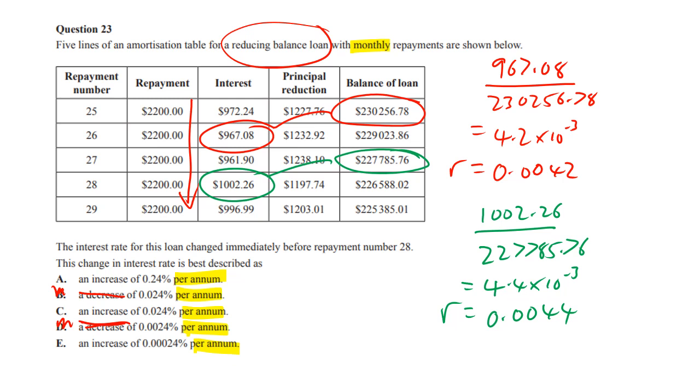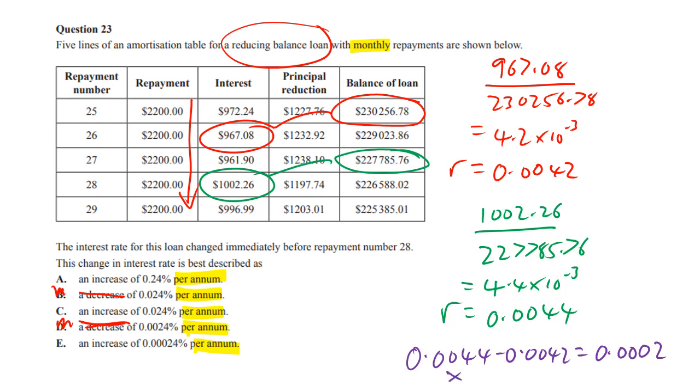So let's do a quick subtraction. I'll do that in purple. So if you do 0.0044 minus 0.0042, that gets you 0.0002. Still don't seem to have the answer there, and you might be tempted to go for E here, but